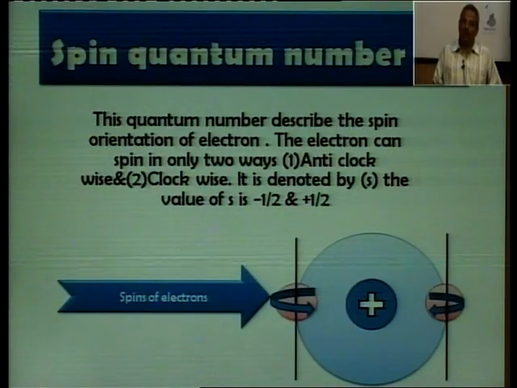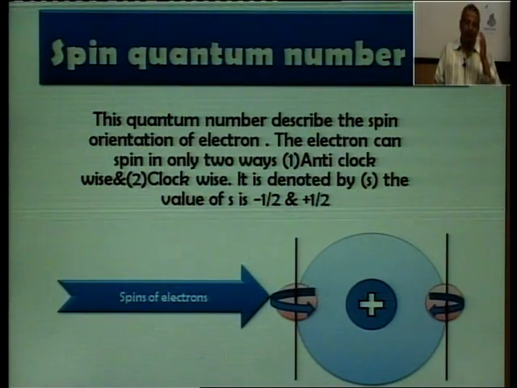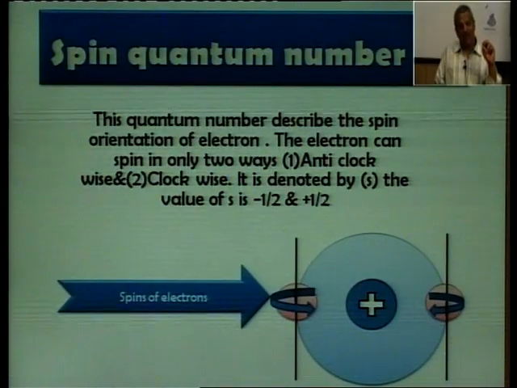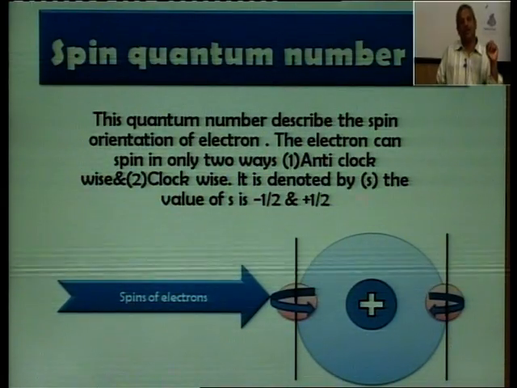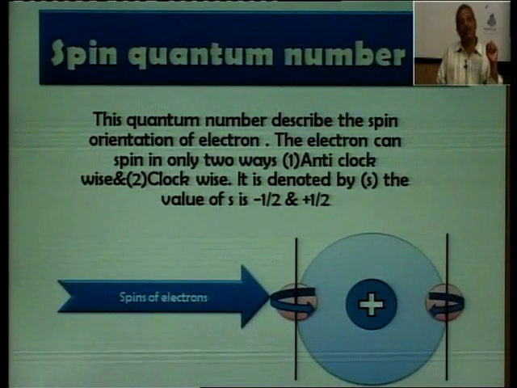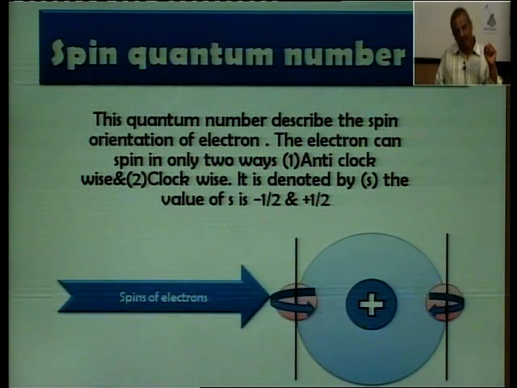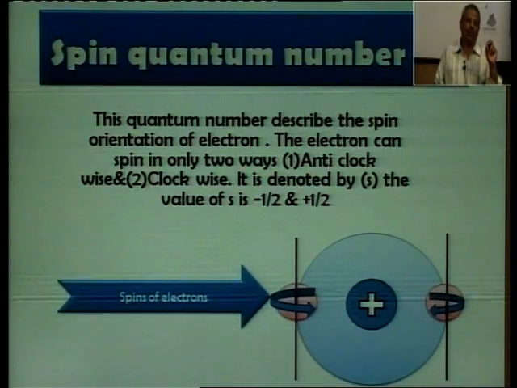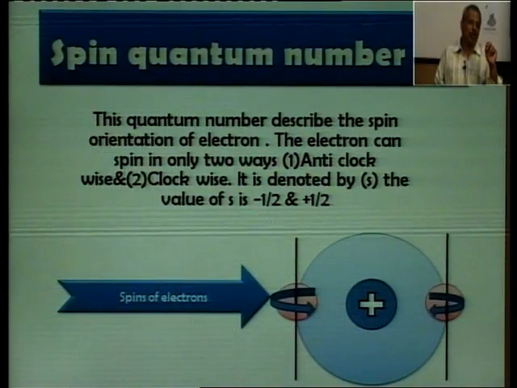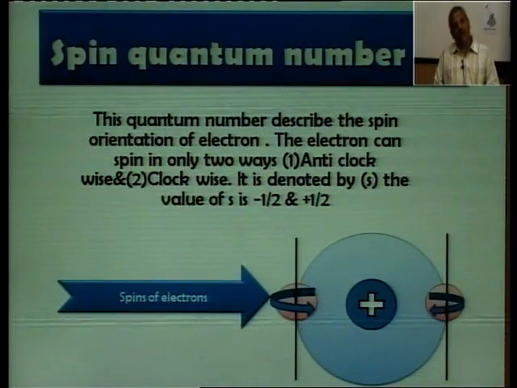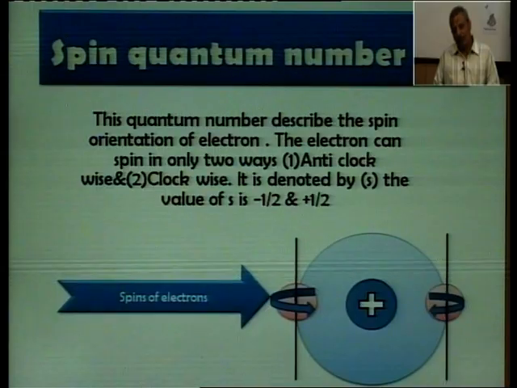The last quantum number is that, as already explained, each orbital has 2 electrons. So one electron is revolving clockwise while the other electron is revolving anticlockwise. So each electron revolves around its axis. So either they are revolving